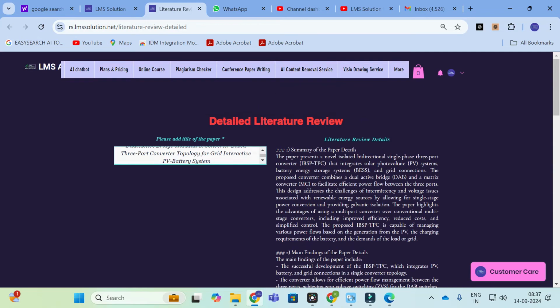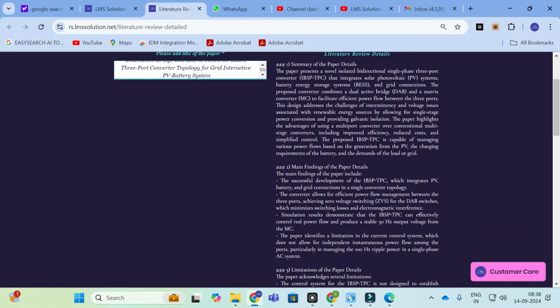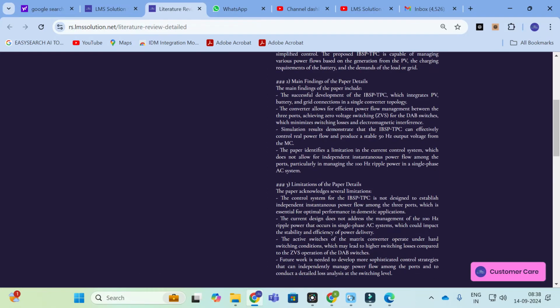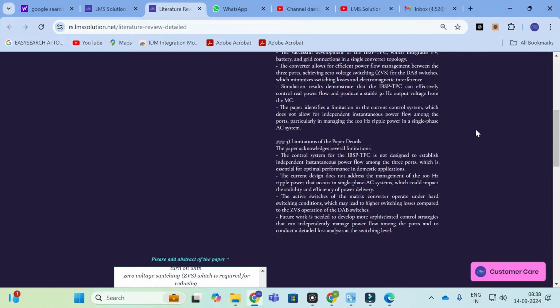Here you can see the first one is the summary of the paper. Summary in the sense it will give the overall view of the paper, what the paper is all about. The paper presents a novel, bidirectional, single phase 3-port converter. You can see the proposed converter combines a dual active bridge and a matrix converter. Next the paper highlights the advantages of using a multi-port converter. Next is the main findings of the paper, and also you can see